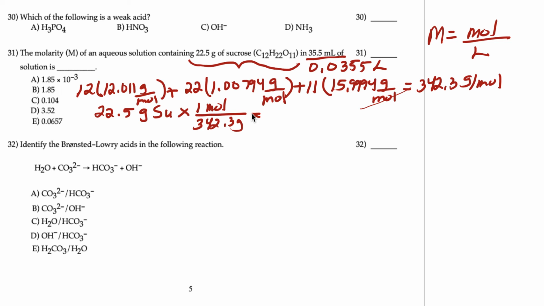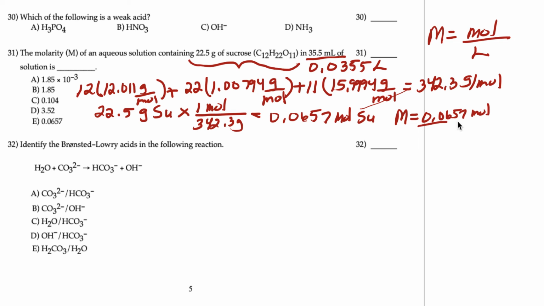And 22.5 divided by that is 0.0657 moles of sucrose. So now we just go ahead, and our molarity is